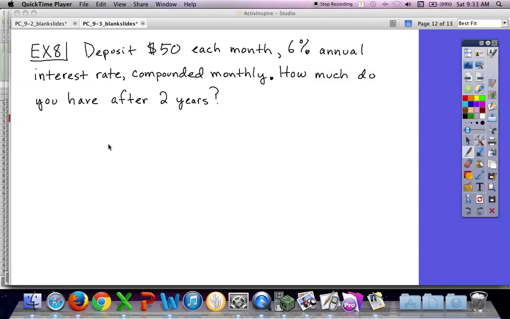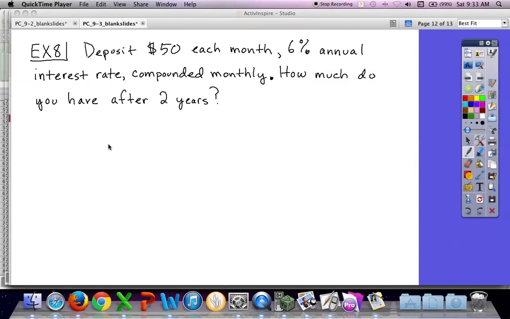Example 8. Example 8 says, a deposit of $50 is made on the first day of each month in a savings account that pays 6% compounded monthly. What is the balance of this annuity at the end of 2 years? Okay, so